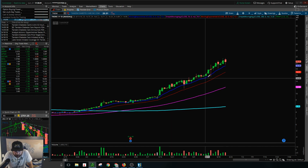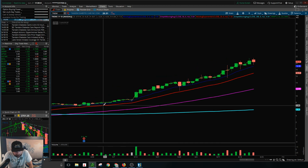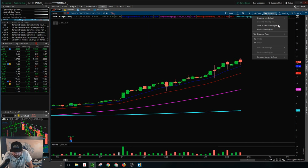This one has been a grinder above the 9 EMA. You haven't had one close below it. This is literally a ride the 9 to a T. You've had some dojis that come down and have tested the 9, but it's gone right back up. And you can see today's close